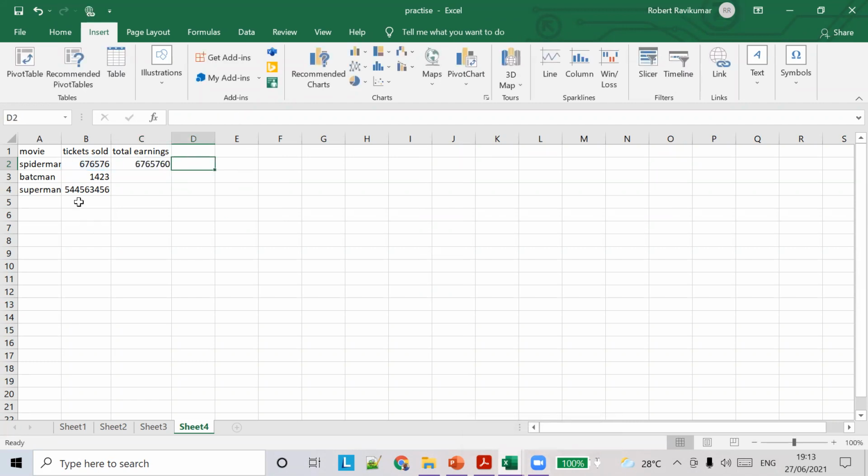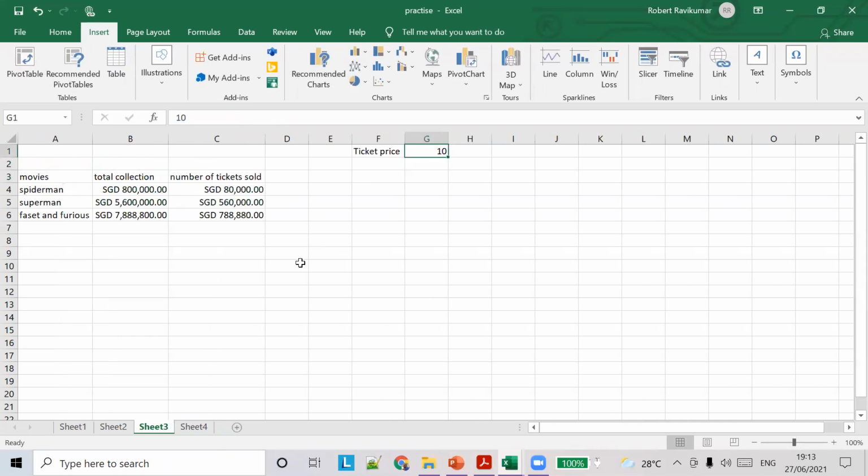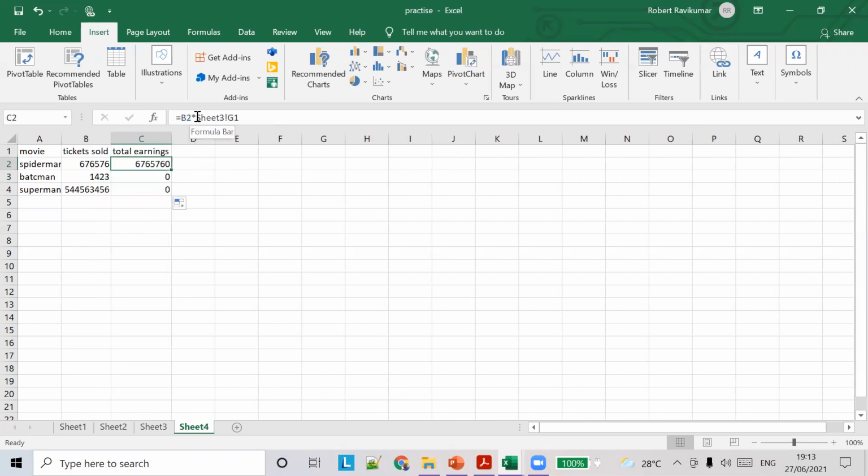G1. Yes. So now if you copy the formula, it again comes to 0. What is the issue here? Someone tell me. So I have referred to this cell. What is the formula? Actually, what I did is I mentioned the sheet name.